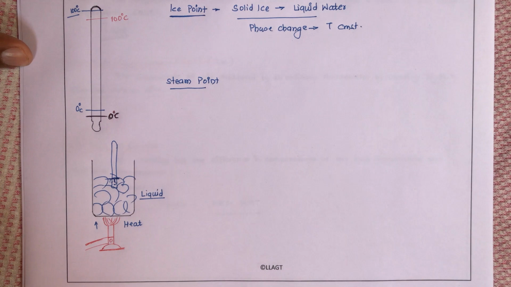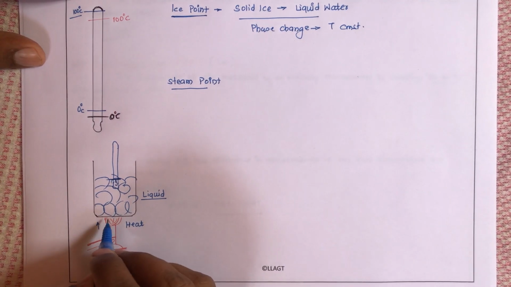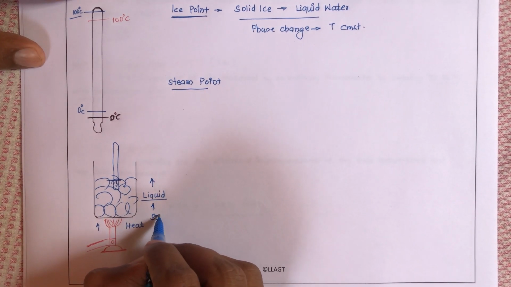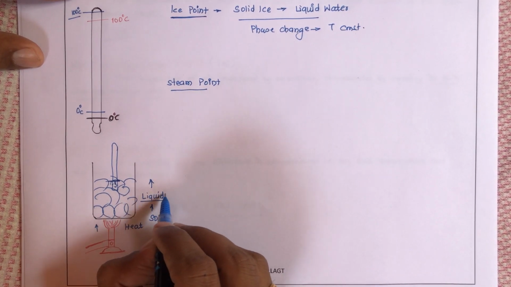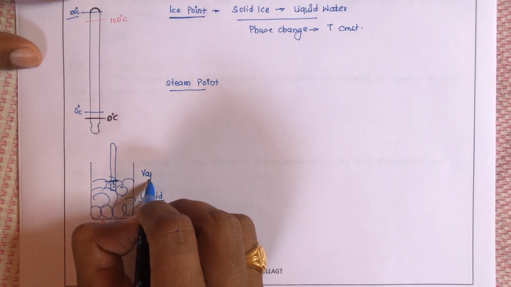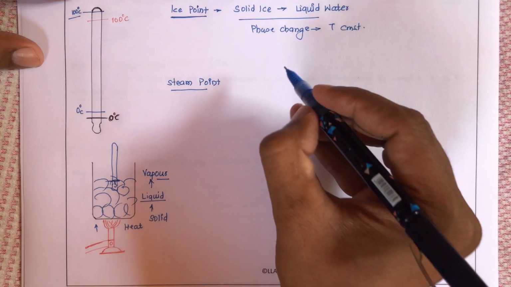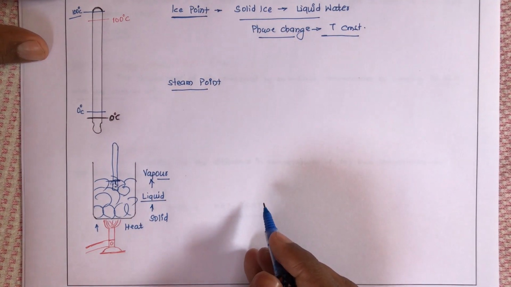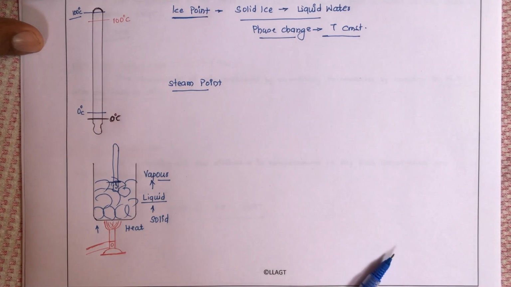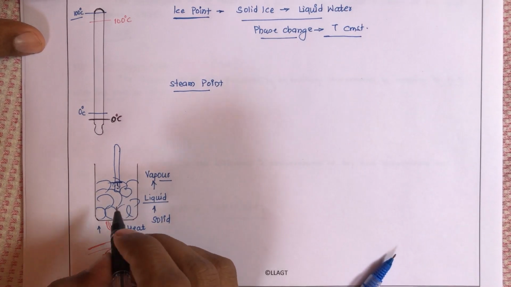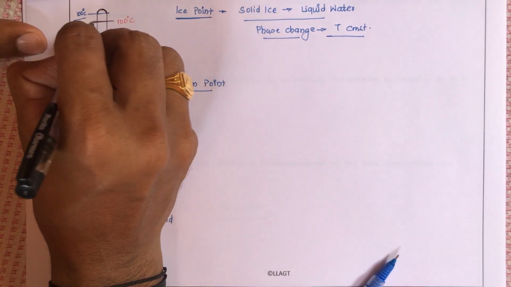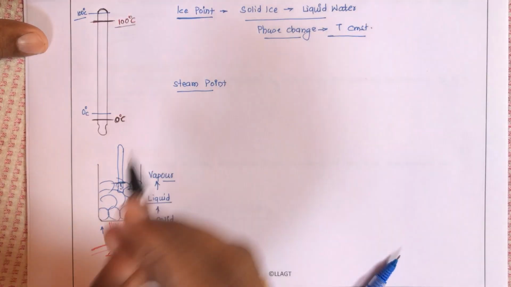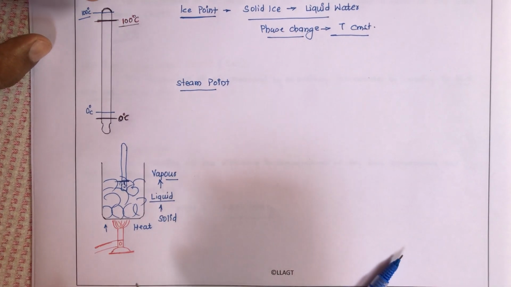Now still we are going to continue the supply of heat. As a result of that heat, what will happen? In the first phase solid ice is converted into liquid. Still we are supplying heat. What will happen? This liquid will start converting into vapor. Once again there is a phase change process, and we know that during a phase change process temperature remains constant, meaning when that phase change from liquid to vapor starts, I will get some reading on this thermometer. Let us say that we are getting this reading. This is 99.9 degrees Celsius. Rounding up, it is equal to 100 degrees Celsius.